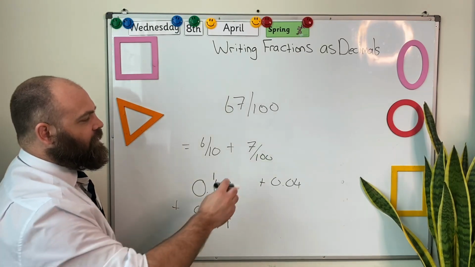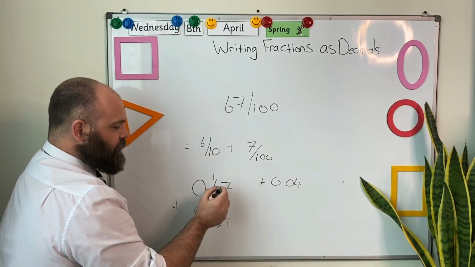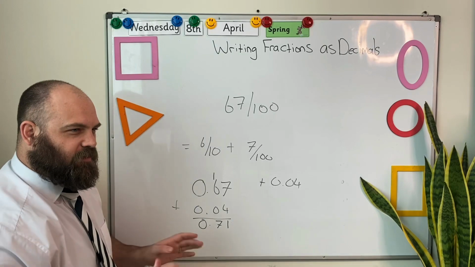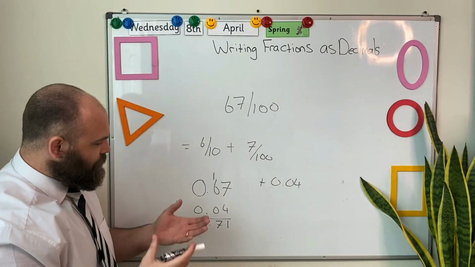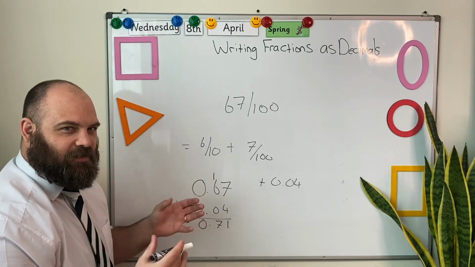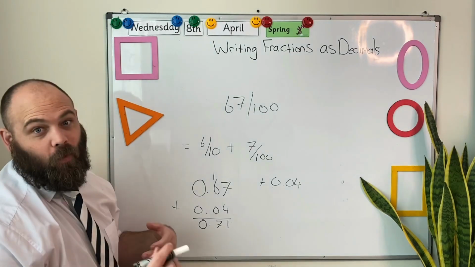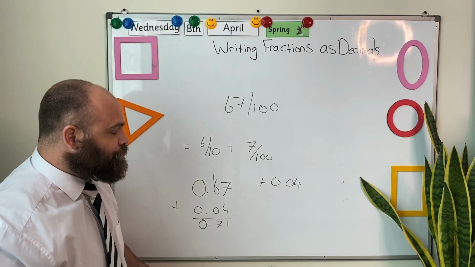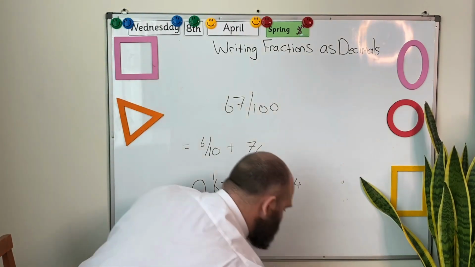We just need to know how to get from this to our decimal form. But I thought you'd find it interesting to see the relationship between our hundredths and our tenths, and that it works the same as our ones and our tens, or our tens and our hundreds. All right? Now,